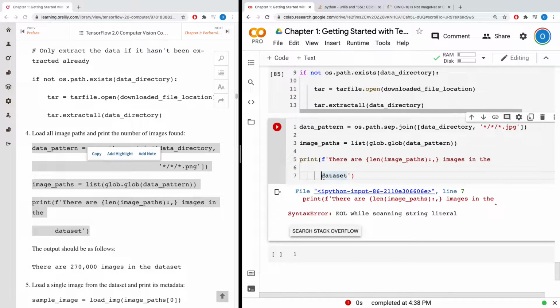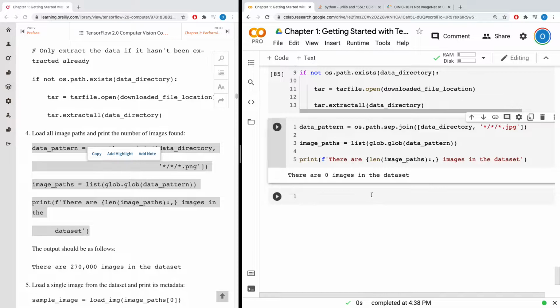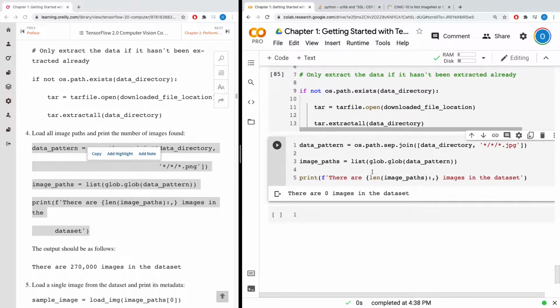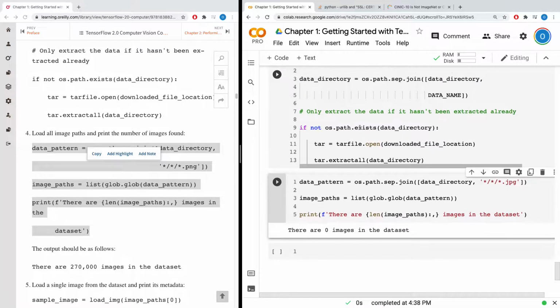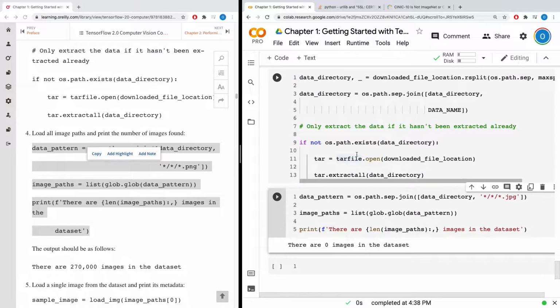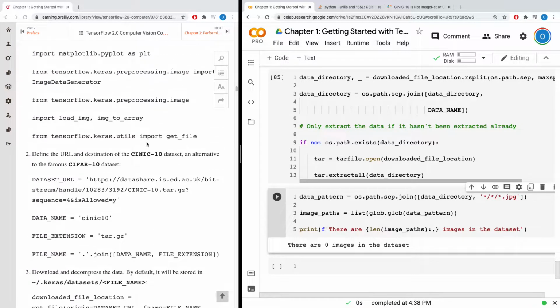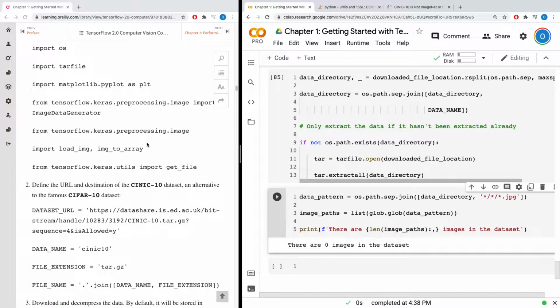And then further, the dataset. There are 0 images in the dataset. What could be wrong? I guess this didn't extract the GZ file. So what else could we have used to extract? Instead of using the tar file,